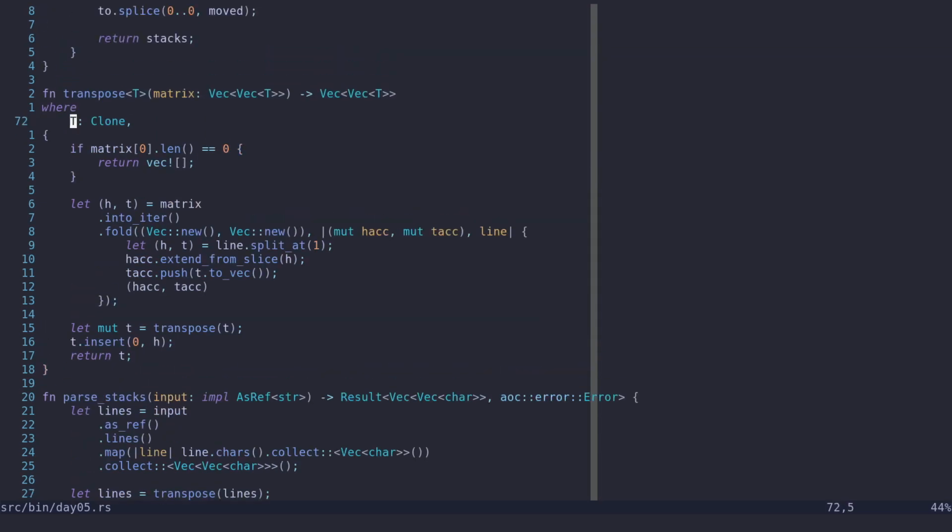So I implemented this transpose function that takes as input a matrix. It will be a vec of T. I guess I made it generic just because I thought it was more interesting than just using a character. I guess this is some basic functional programming stuff, but it was really difficult to do in Rust because the compiler was complaining a lot,